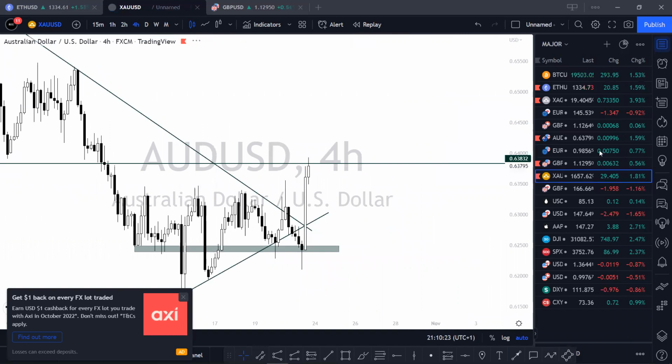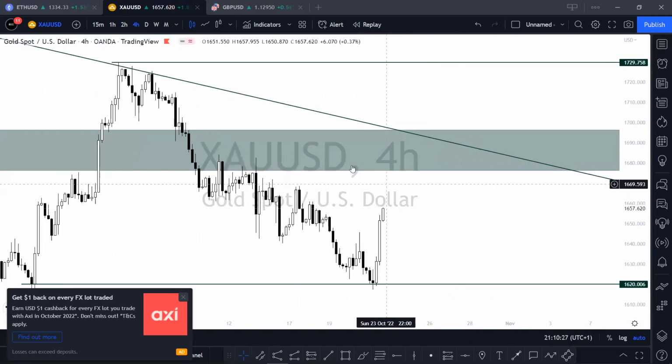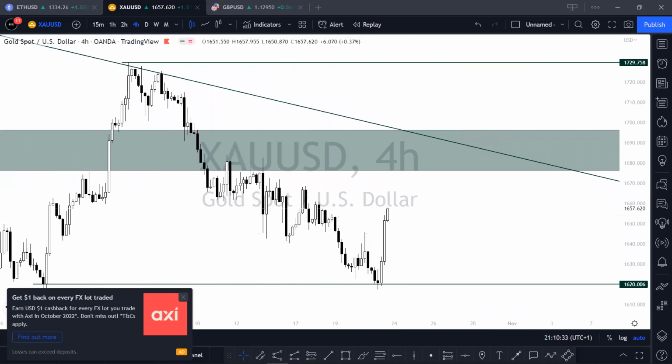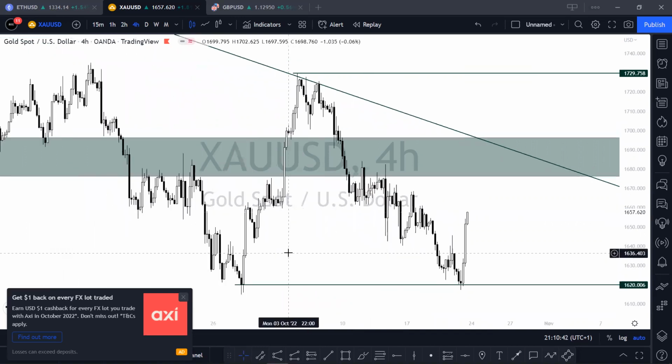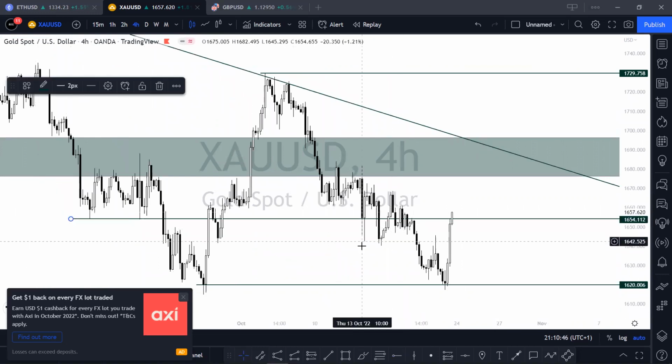Going to gold. Gold, we had an entry around here. Let's see, just give me a minute. Our entry was around here, so yeah, we had our entry around here for gold,